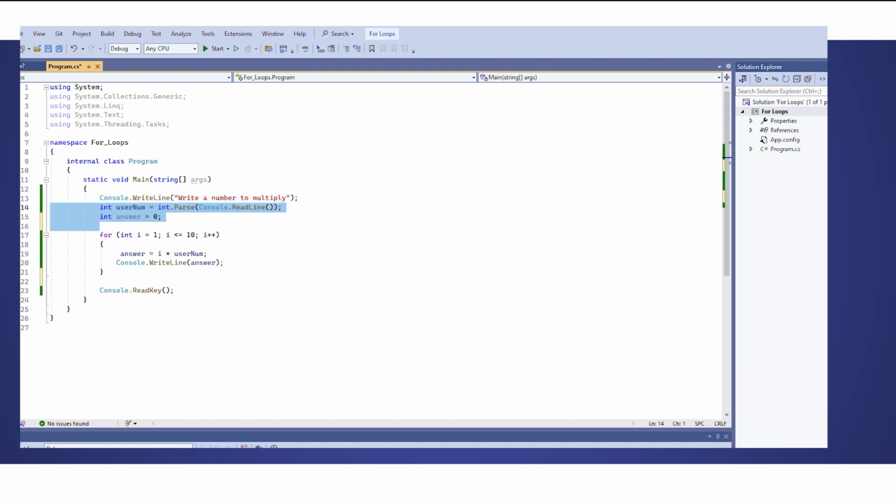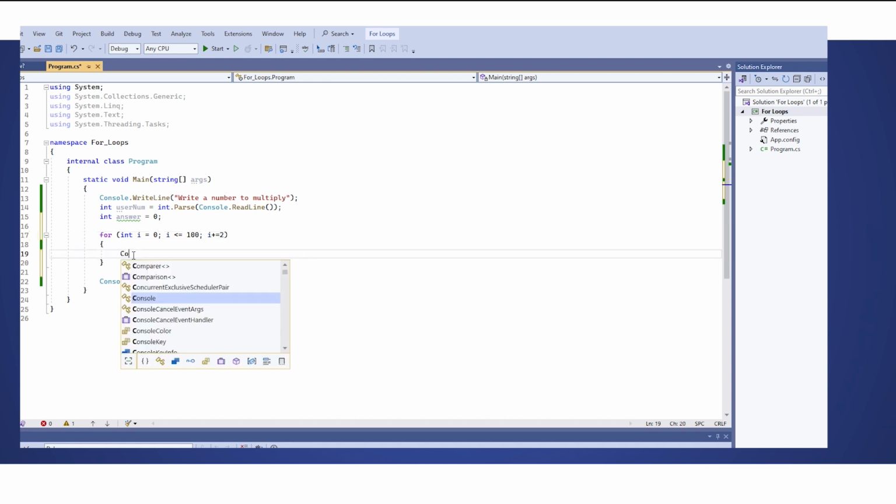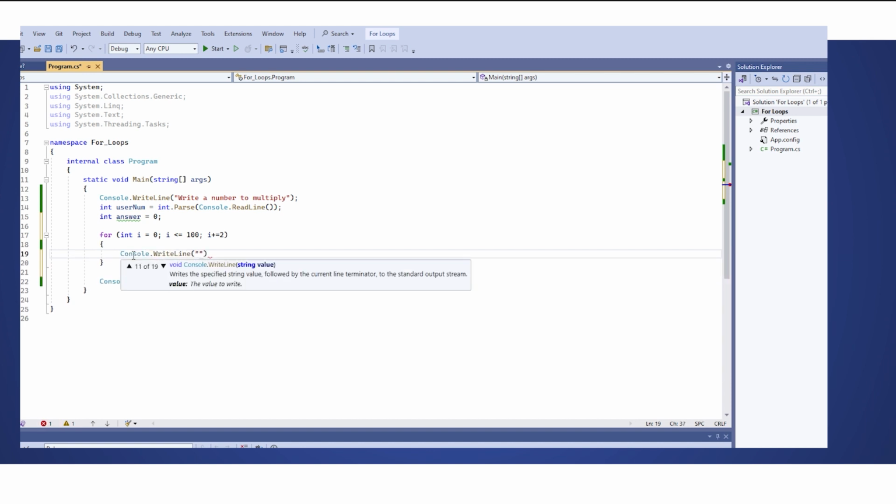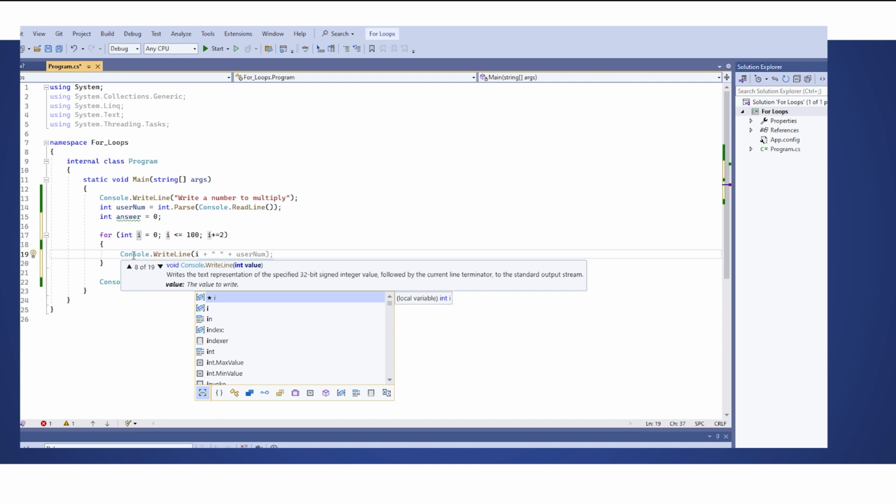So what we're going to start off with is just outputting all of the even numbers in a for loop. So we're going to start at 0. And we're going to end at 100. And instead of saying i++, we're going to say i plus equals 2. So instead of going 0, 1, 2, 3, 4, 5, it's going to go 0, 2, 4, 6. So if I just output that i value,